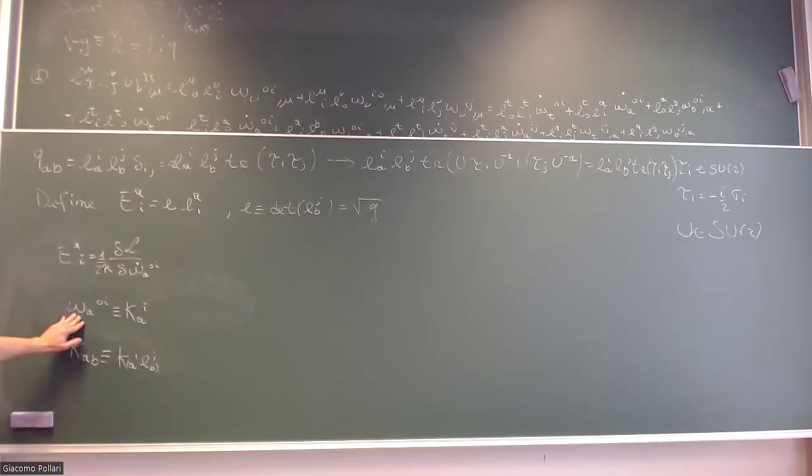Well, we said this by definition. Okay, so I'm fine with the definition. I'm calling this thing K. But then you said it's the extrinsic curvature. So is K_AB a tensor? Is K_AB a tensor? The extrinsic curvature is a tensor, but on the right hand side you have some